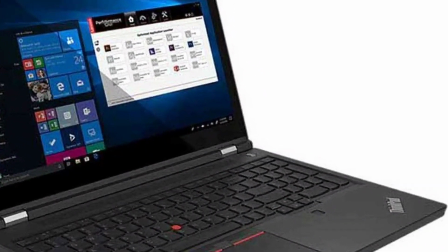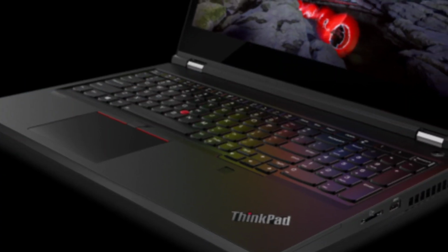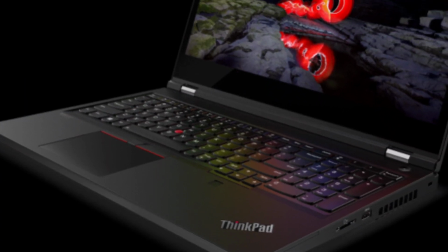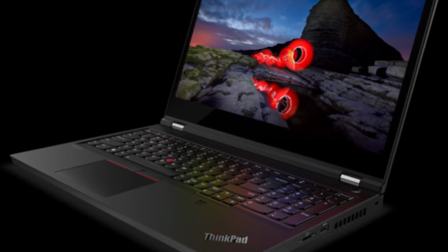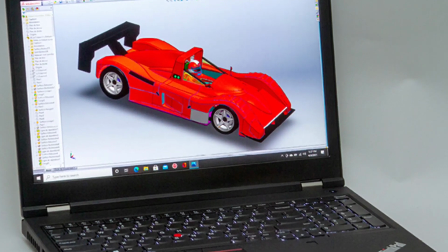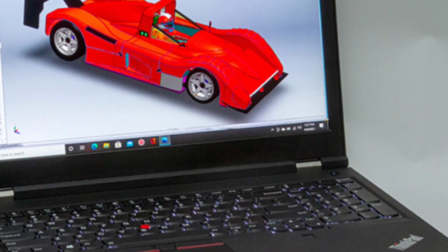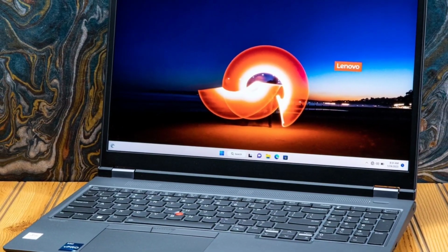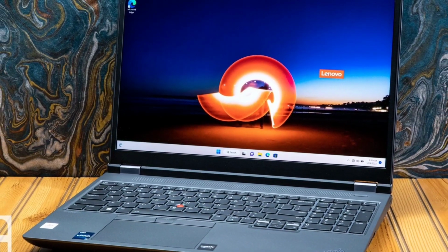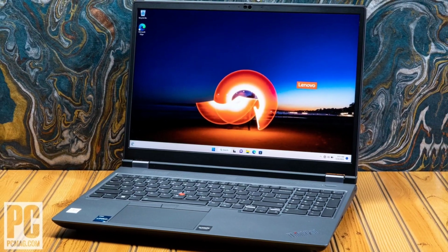Equipped with a dazzling 4K display and a colossal 8-core Intel Core i9 processor and 16GB NVIDIA Quadro RTX 5000 Max-Q GPU, our P15 test unit is as heavy as it is expensive, but it's a spectacular performer, the fastest laptop workstation we've tested, and our new Editor's Choice winner in the category. Its battery life is predictably brief, and its maximum storage is a mere 4 terabytes, but otherwise it's hard to